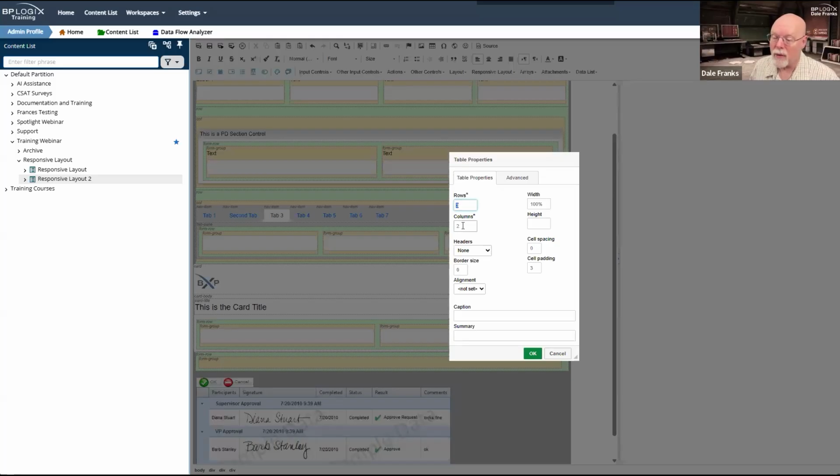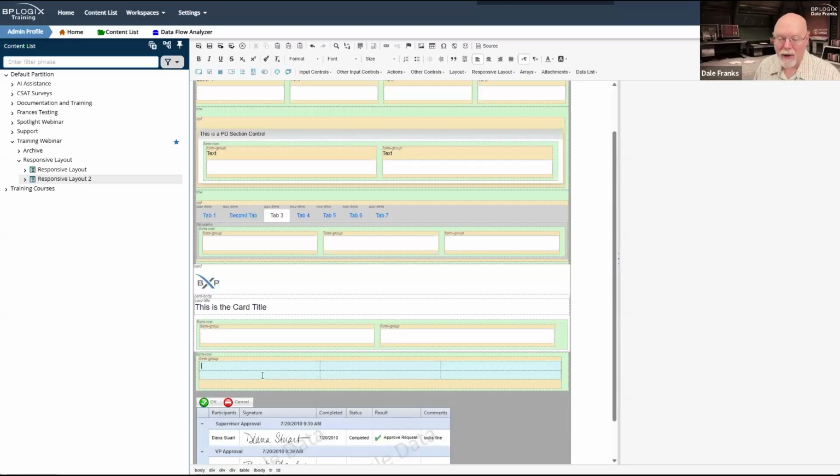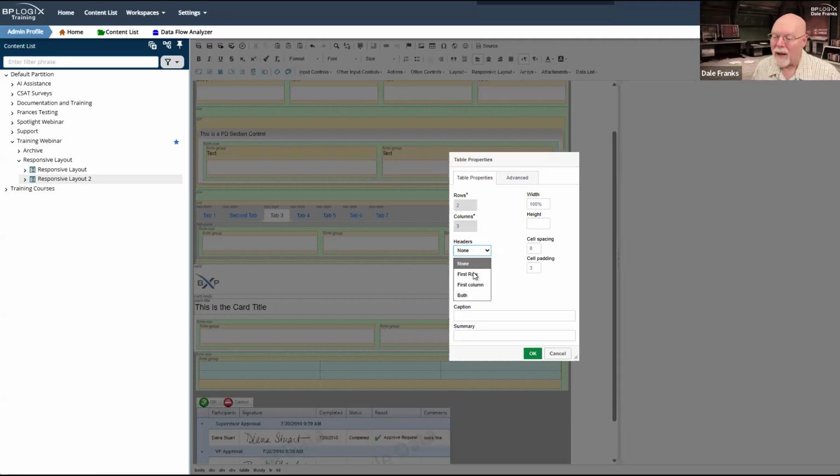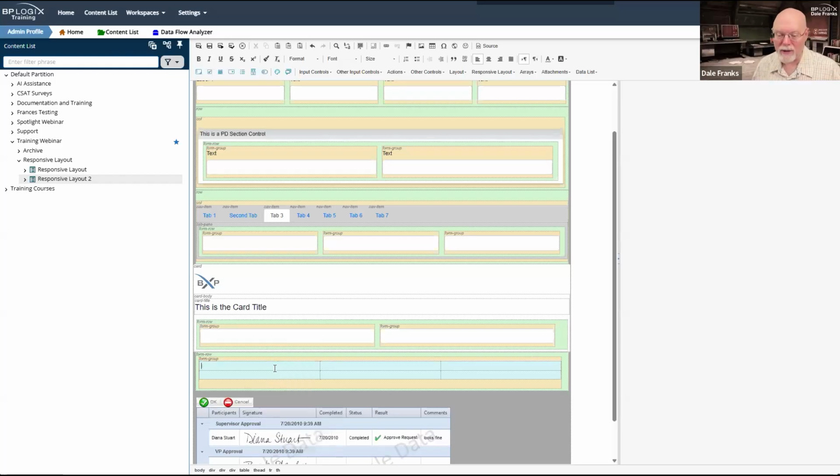So we'll go with 3 rows, 3 columns. Actually, we only need 2 rows. And let's give ourselves 3 columns here. Not 34, 3. And we'll hit OK. So now I've got a table. And obviously, wait, I do need to do one thing. Let's go to my table properties. I forgot to do one important thing. First row for my headers. So now my first row is a header row. And this is where I drop in my array column controls.